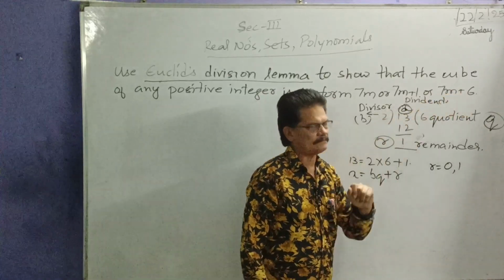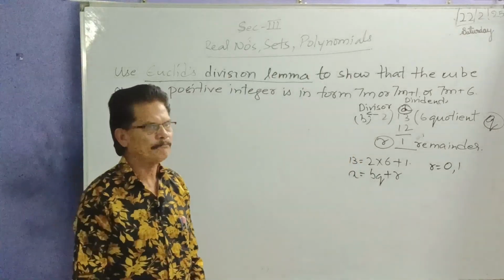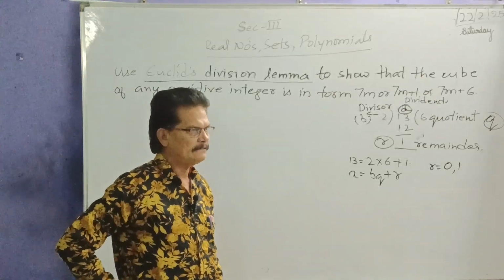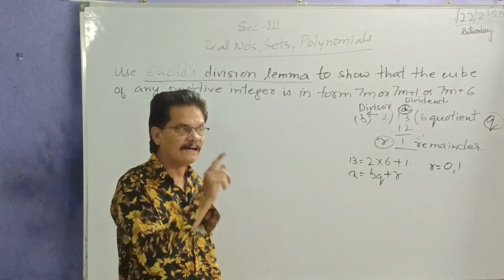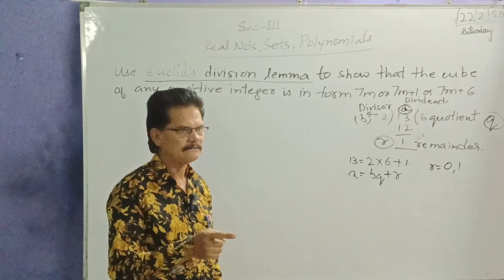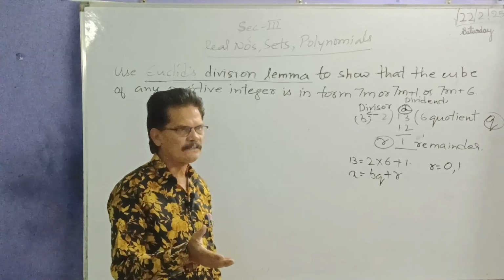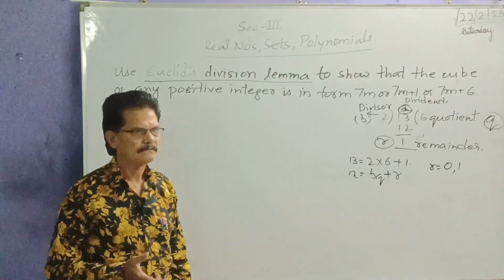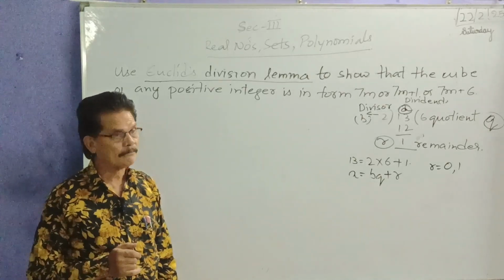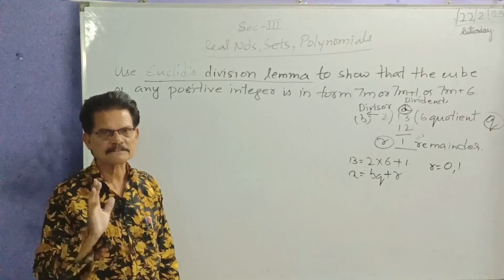We are having bq plus r on the board. And we are understanding that b is 7. When b is 7, what is r? Not 6, man. 0. Don't be foolish when you are talking. You can have compromising values of r. What are those compromising values? Starting from 0, ending with 6.